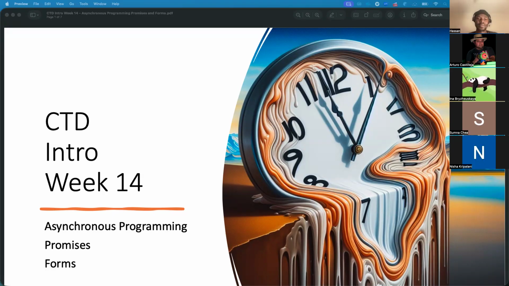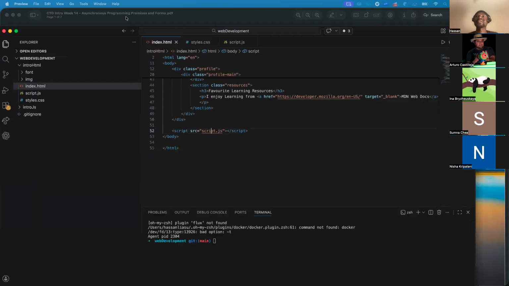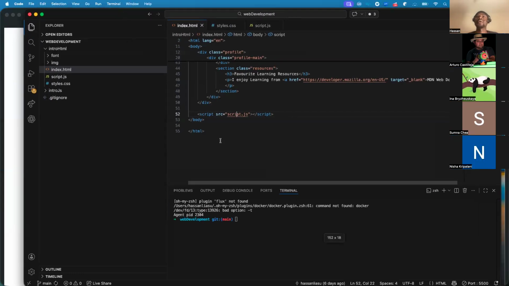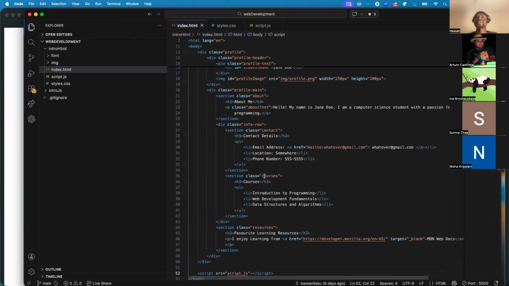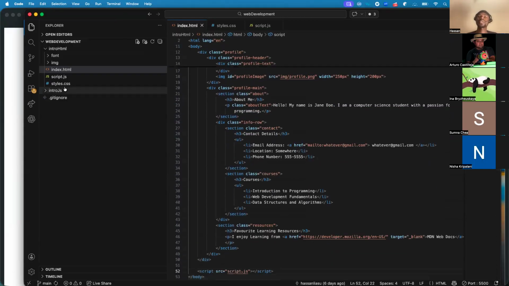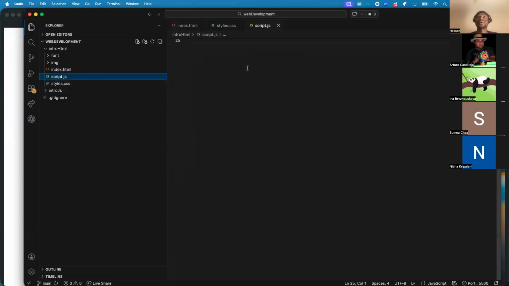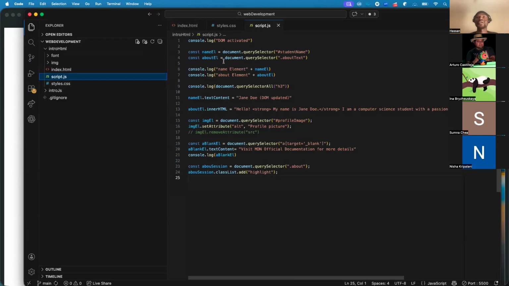In our last session, we spoke about, let me share just reminders of what we did last week. We did a number of things, looking at DOM manipulations. We talked about the DOM, the Document Object Model. We were able to interact with